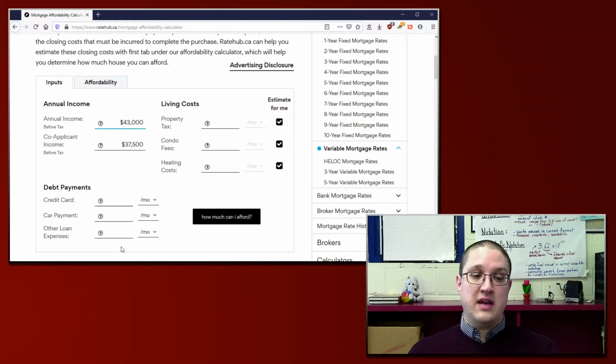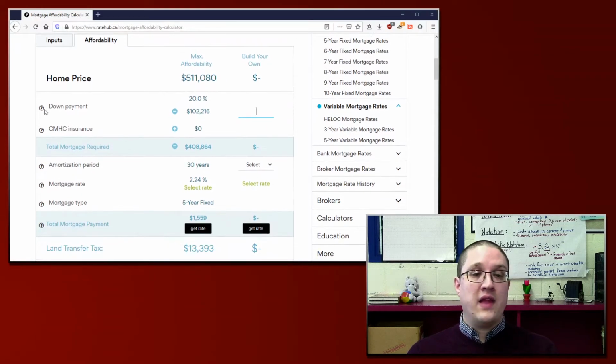Now, the debt payments we don't have to worry about. In real life, you would input those. We don't have that for this project right now. We're also going to let this tool estimate our living costs for property tax and other things here. So once we have that input, click on how much can I afford, and that will bring us to the